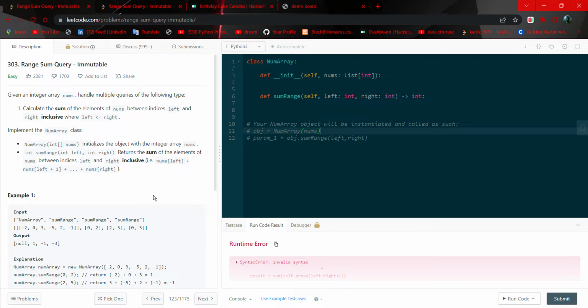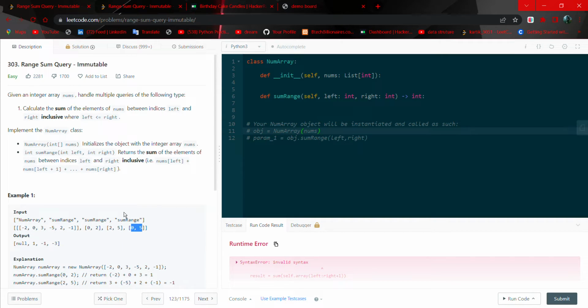Okay, what is the question that is basically given? The question is we got an array, and we have to calculate the sum in between a range and return the answer. Suppose this is an array, and we have to return the answer in this range, after this range, and after